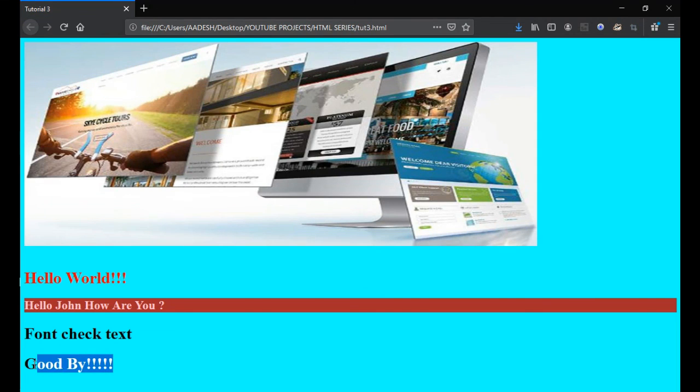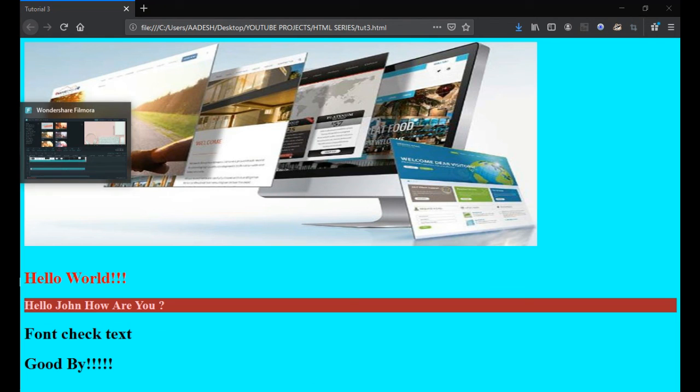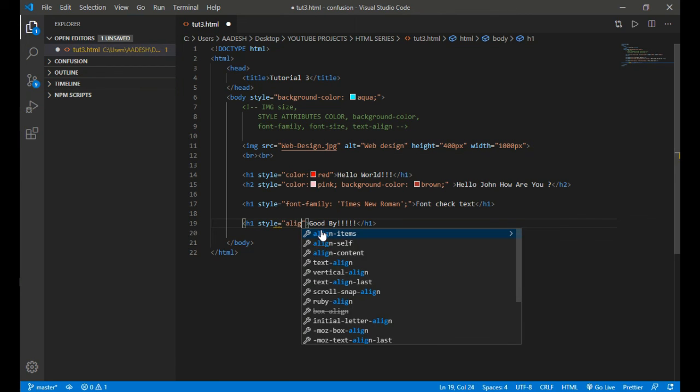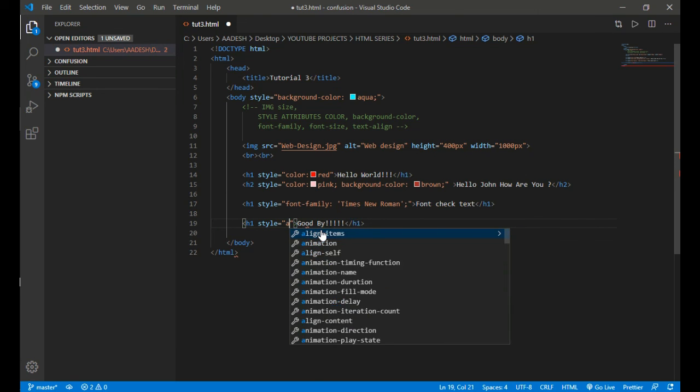Here you can see the goodbye message, but suppose we want that goodbye message to be displayed in the center. Then we go back to code and again use the style attribute, style equals, in double quotes, text-align.